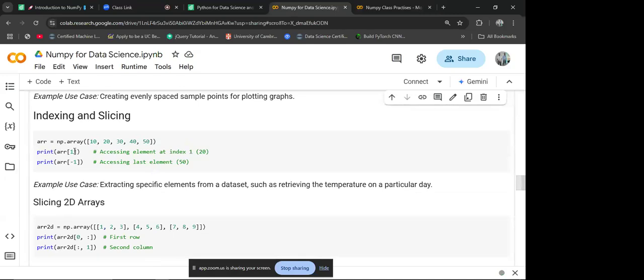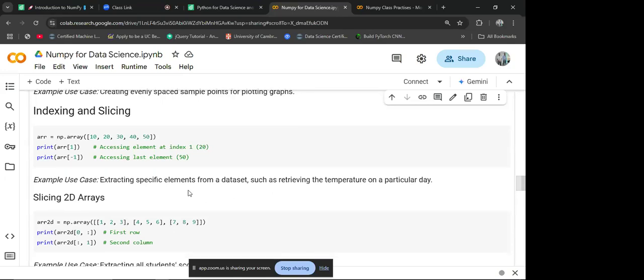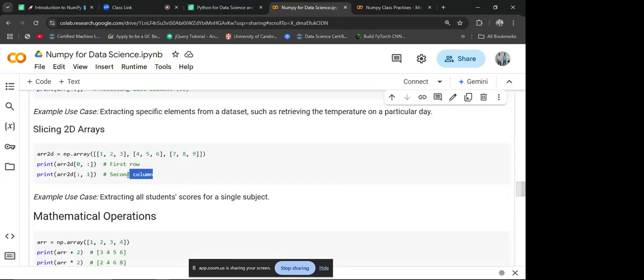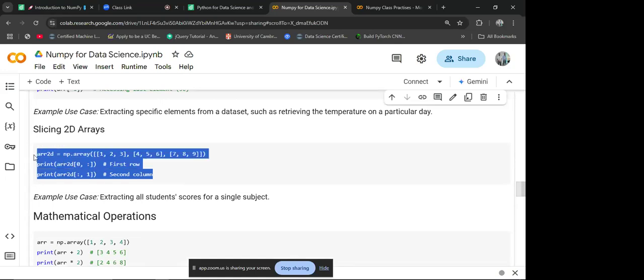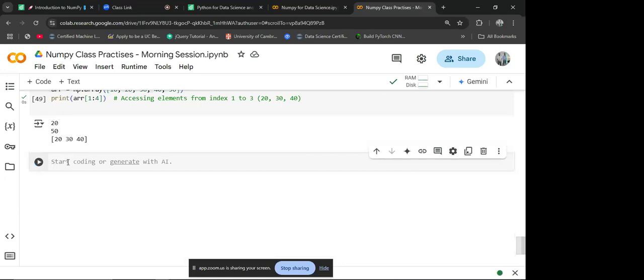For example, for a 1D array, you can use this to extract a specific element from a data set, such as, let's say you want to retrieve the temperature of a particular day. Now moving to a 2-dimension array, so here I'm talking about